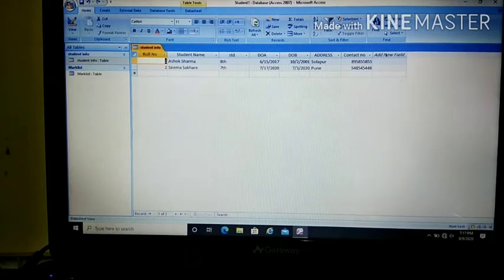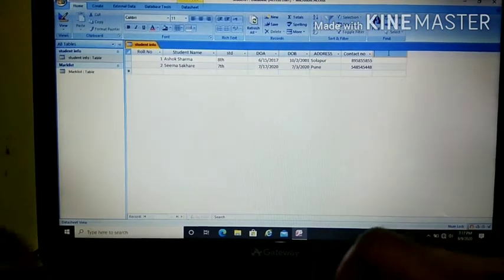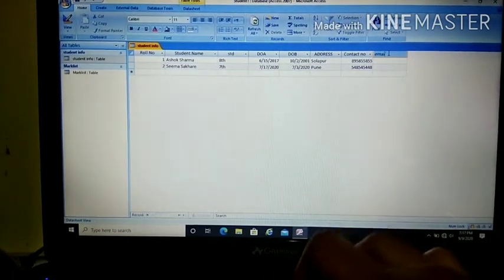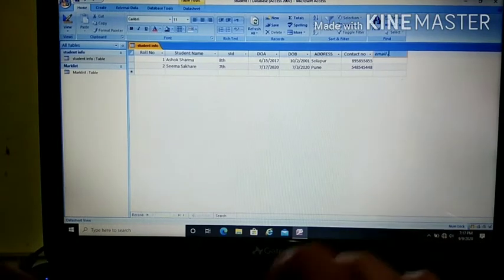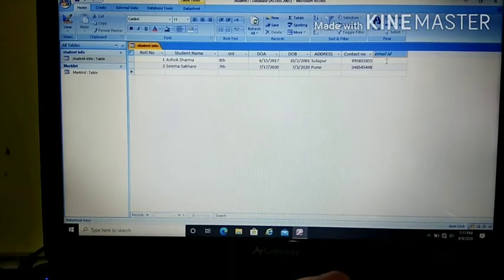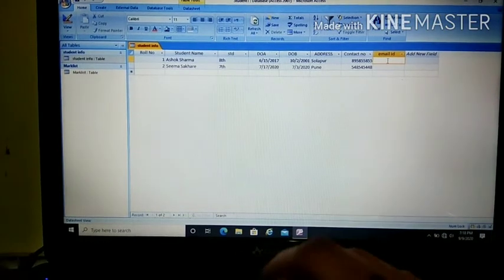If suppose I want to add a new field, I can type here the name of this field and then enter. Suppose I will add information here like email ID. So that email ID will be the heading of my column or the field, you can say, and here I will give the data to that.